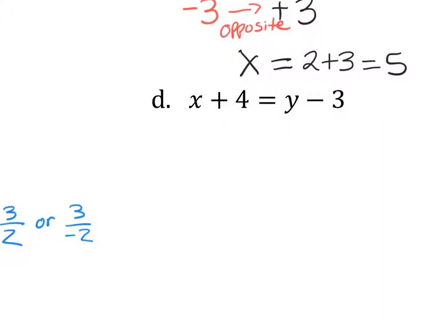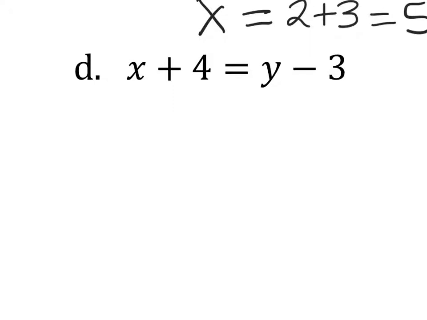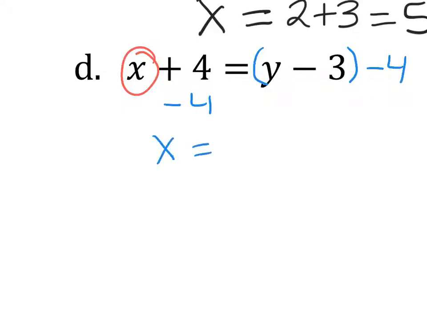I know. So our next one, x plus 4 equals y minus 3. We have our x. Can you stop with the comments, please? Just stop singing while I'm trying to teach. Sure. Thanks. We have x plus 4. To undo the addition, we would subtract 4 from both sides. And again, it's the whole side that we are subtracting 4 from. So we'd be left with x equals y minus 3